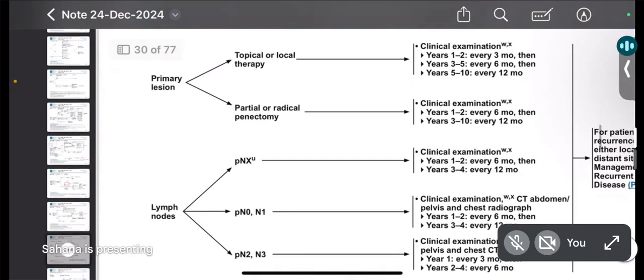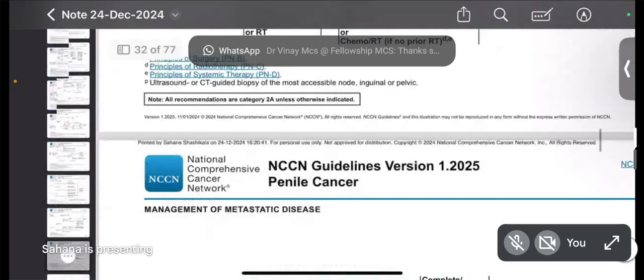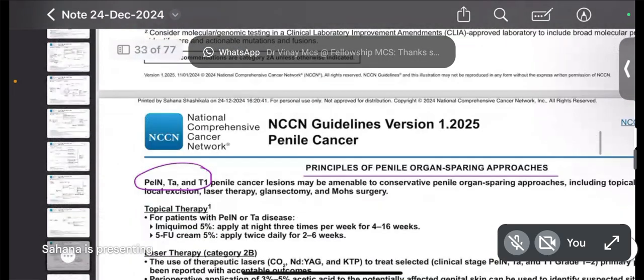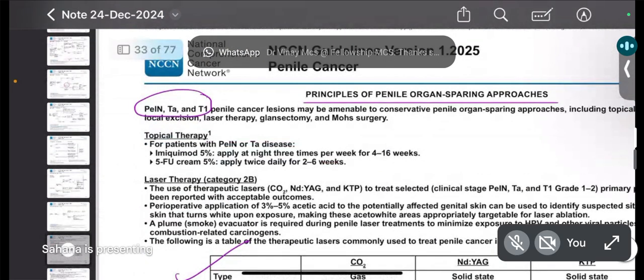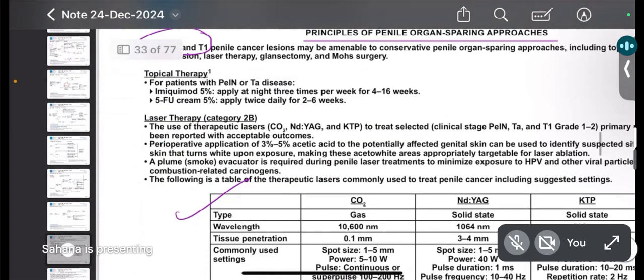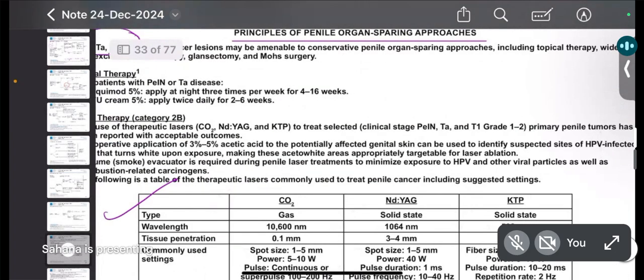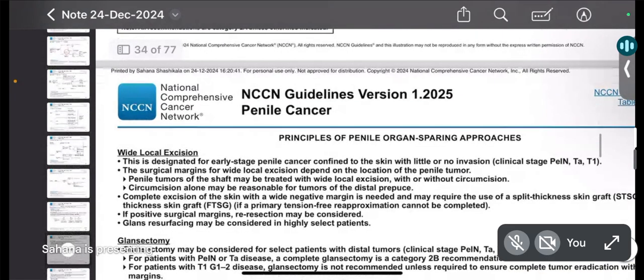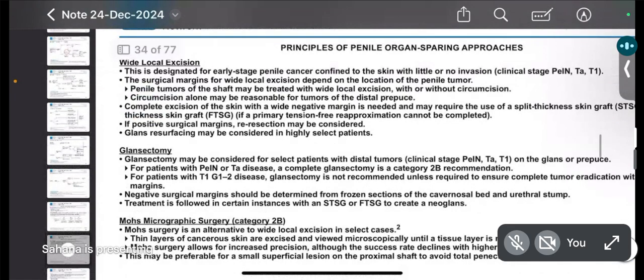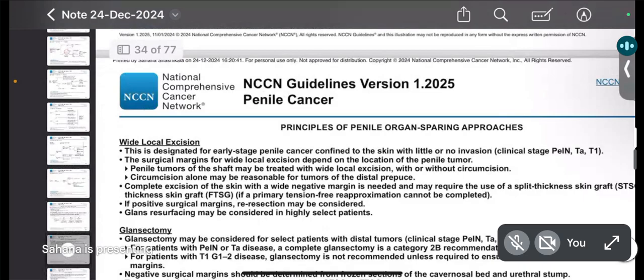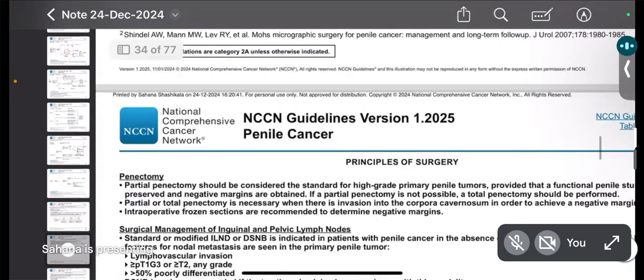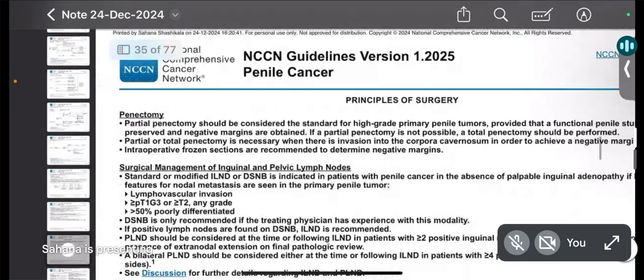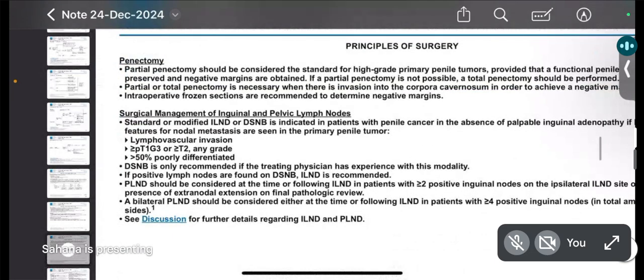This is about the primary and follow-up. So organ sparing, same thing. They've given topical application, laser. It can be a CO2 or Nd:YAG laser, KTP. Then wide local excision, glansectomy, Mohs microscopic surgery. All of this comes under penile organ preserving approaches. Amputations will be partial or total penectomy, and your surgical management of inguinal node. Standard or modified or